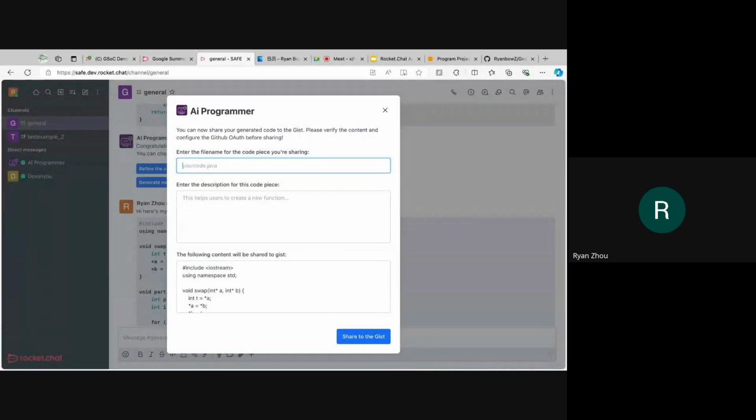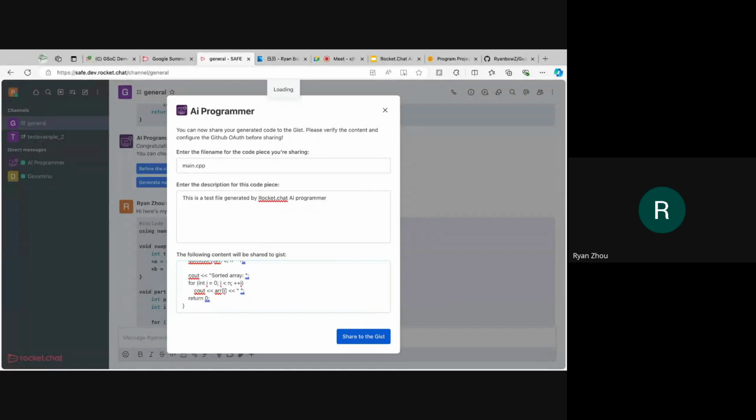For example, here I say, because this is C++, I will just name it sub.cpp. This is a paste file generated by Rocket AI programmer. And the following code is what I'm going to write inside this